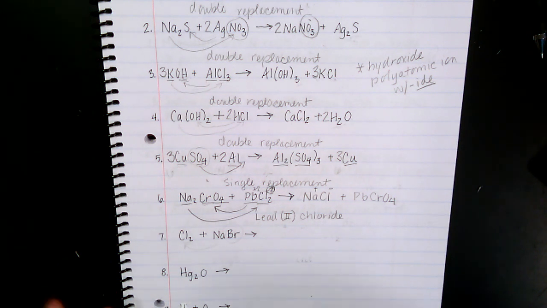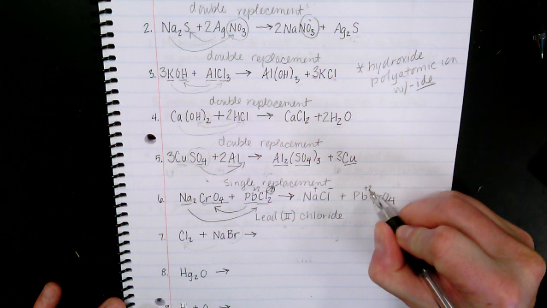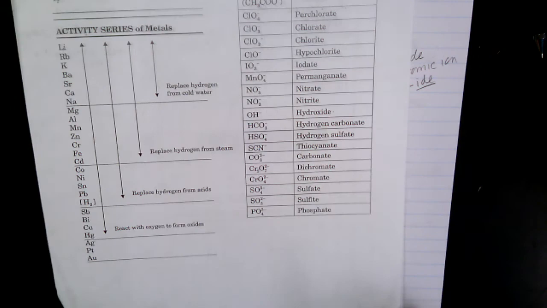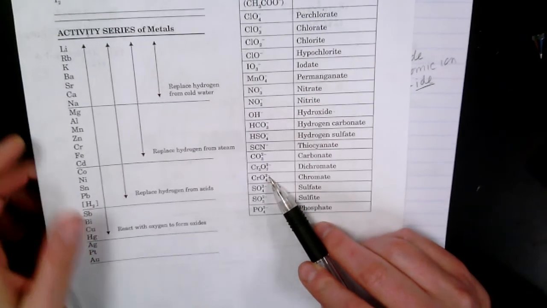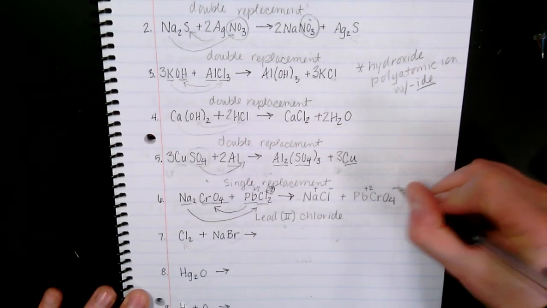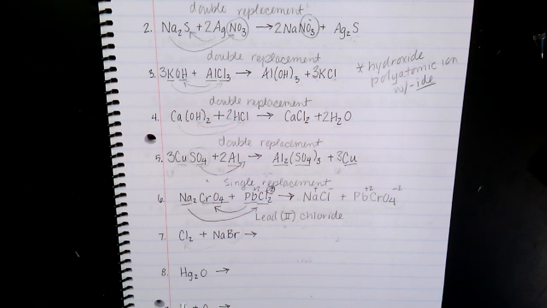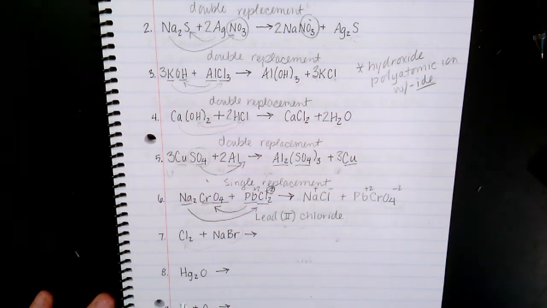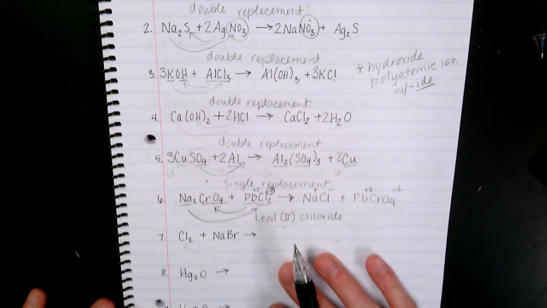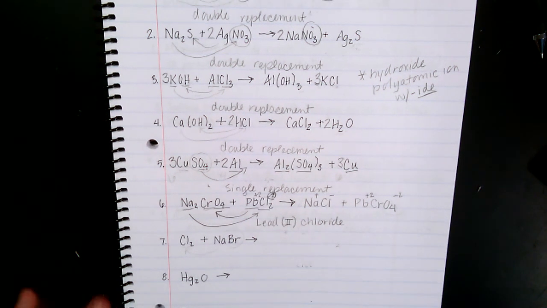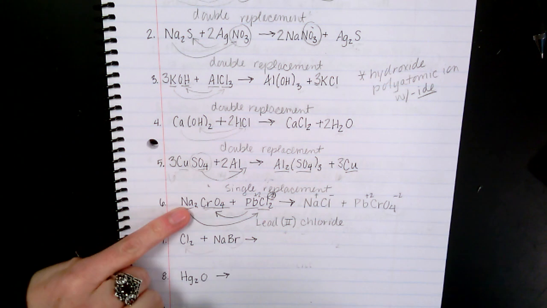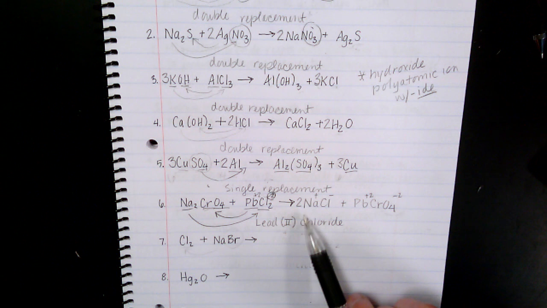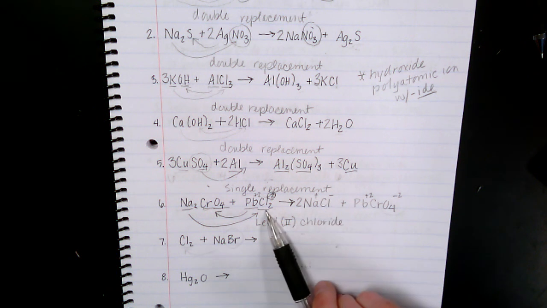All right, so lead has a +2 charge, and we're going to look back at chromate. It has a -2 charge. So those charges equal out, add up to 0. So we don't need any subscripts for any of these. So it's written out how it needs to be. Now we need to check to see if it's balanced. So we have 2 sodium here and we have 1 here. We're going to put a 2 in front of that. Okay, and that made us have 2 chlorines, 1 chromate,